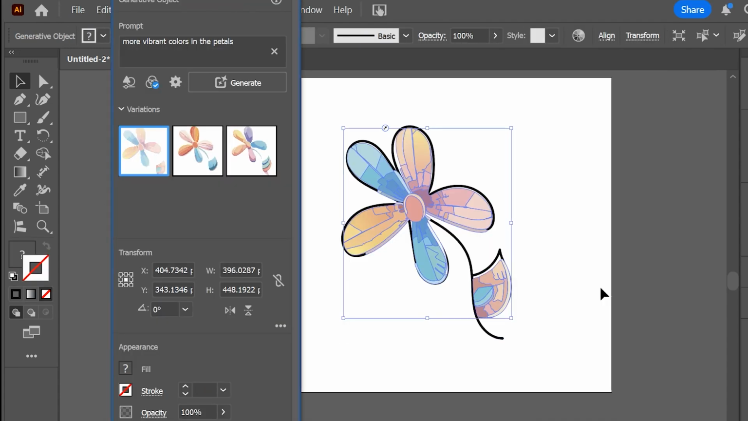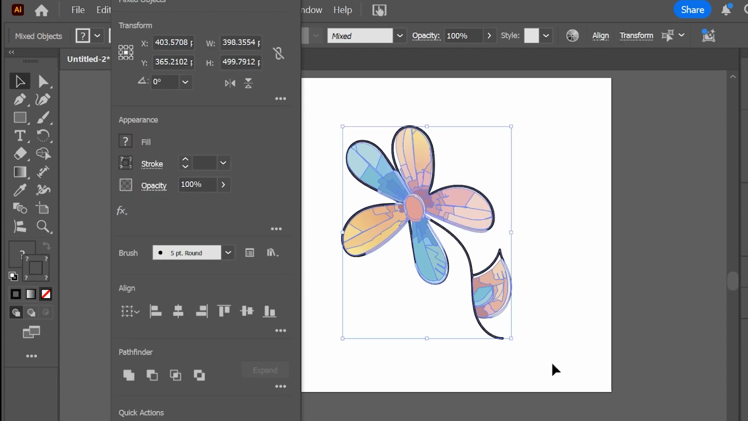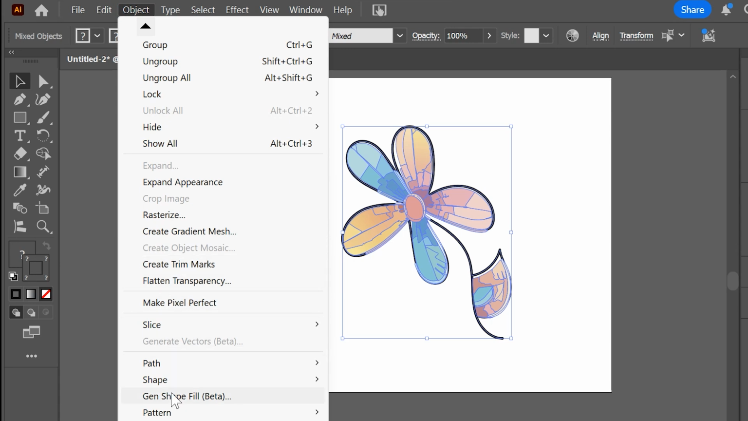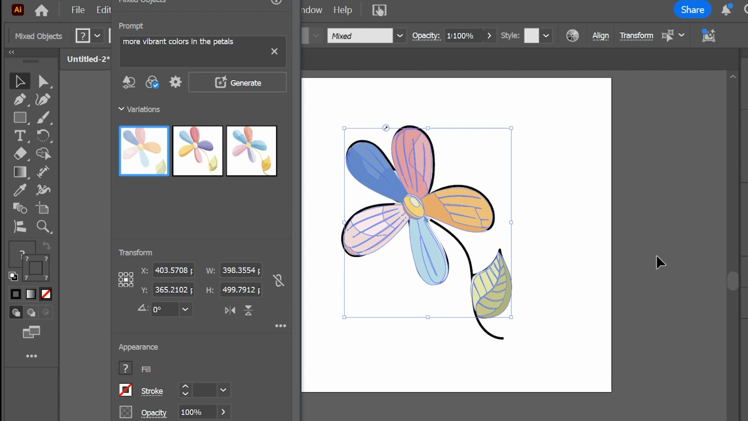Okay, so now we can see that this is what Illustrator has generated for us. So if we want to change it, we can highlight it again. And then we can go back to Object, go down to that color generator again, and then change our settings. So if we want to do a different effect, maybe make it a little less detailed. All right, now we can see that it is a little less detailed, and we have our three options to